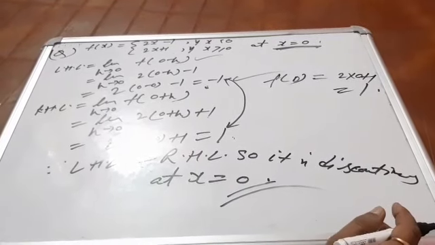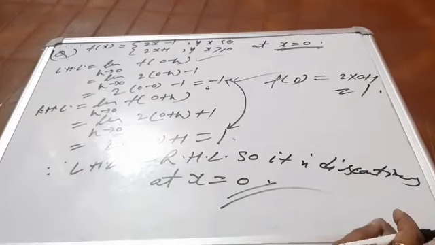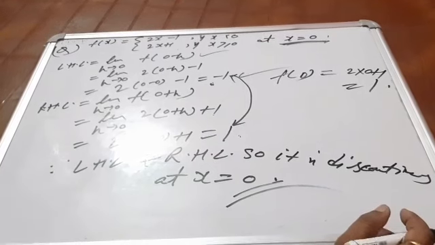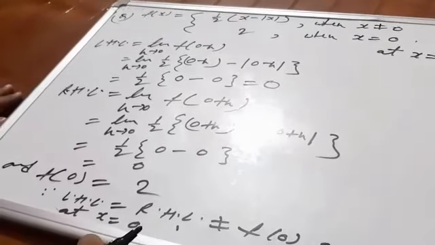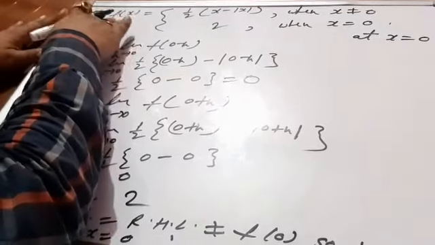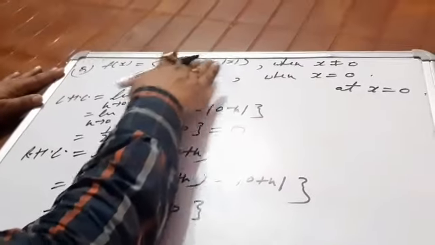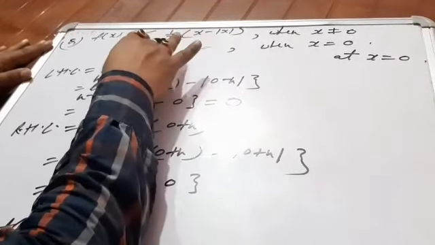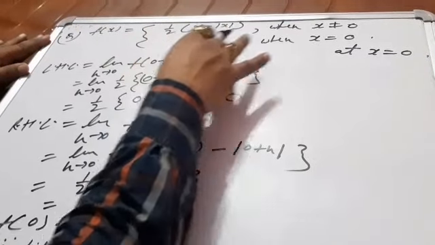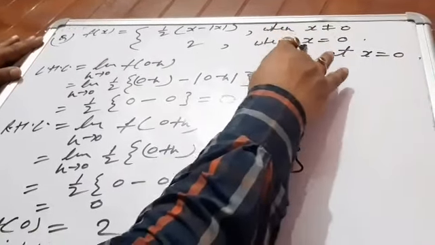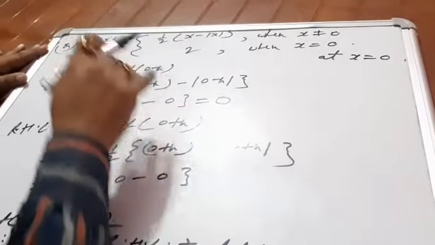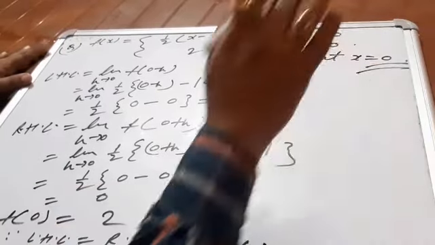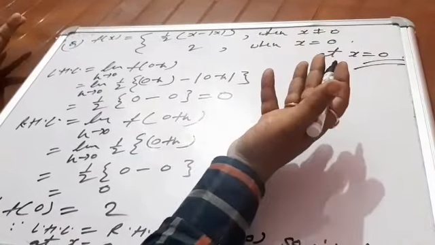Understood the concept of this? Okay. Now, one more question I want to make here. Have a look on that also. Now listen. This time the function is fx is equal to 1 by 2 into x minus mod of x. Have you seen? This x minus mod of x together multiplied with 1 by 2. And second is 2. The condition is given when x not equal to 0, second one x is equal to 0. The process will remain same. Only the type of the condition is changed here. You are going to test its continuity at x equal to 0. Again same process we are going to follow.